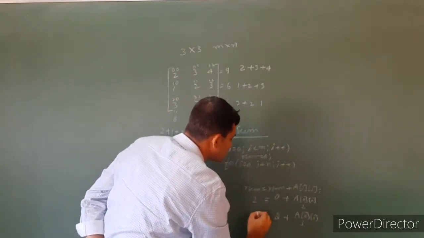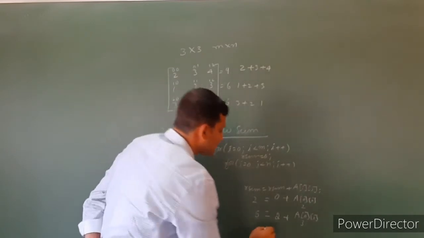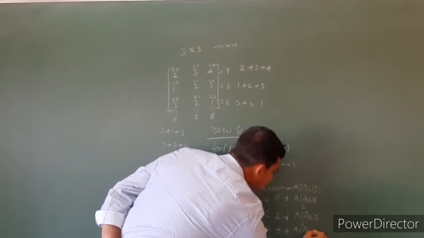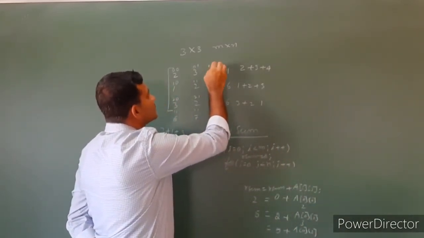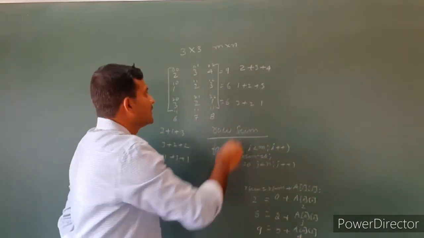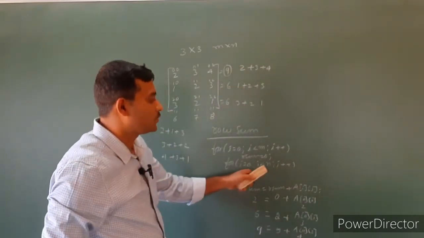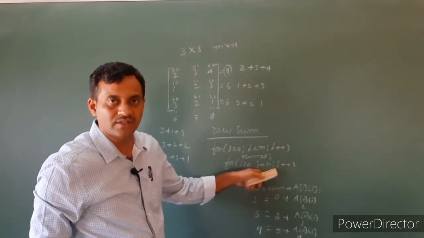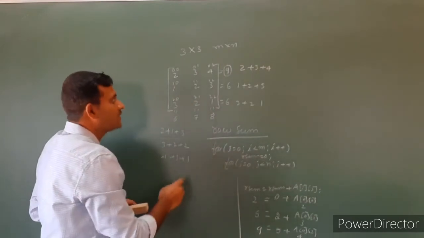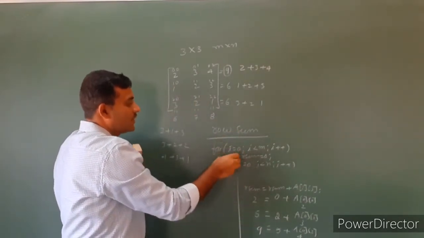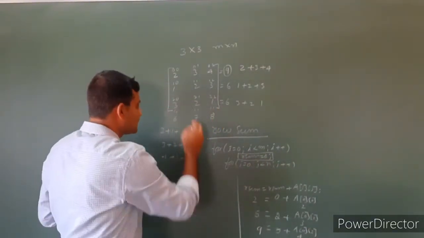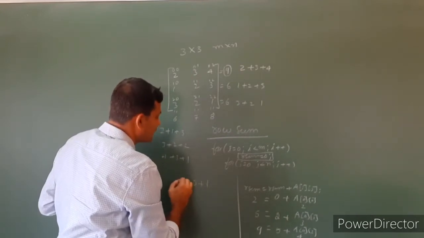It returns 3 plus 2, 5. Next, here it is 5. The rsum value is 5 plus a of 0,2. What is the value of a of 0,2? That is 4. Then it returns the value 9. Then the j loop is incremented, but the j loop returns false. Next, the i loop is incremented. So when the i loop is incremented, the i value is 1, then the j value again begins with 0. The initial row sum is 0. So again we have to access the value, 0 plus 1, it returns 1.